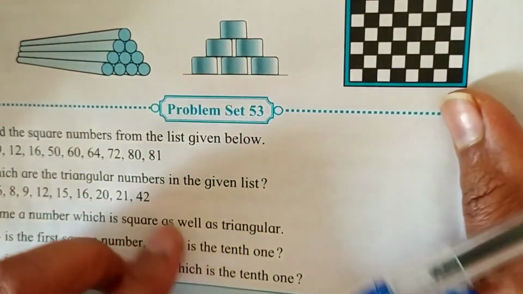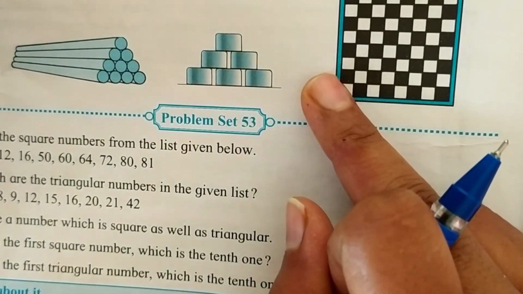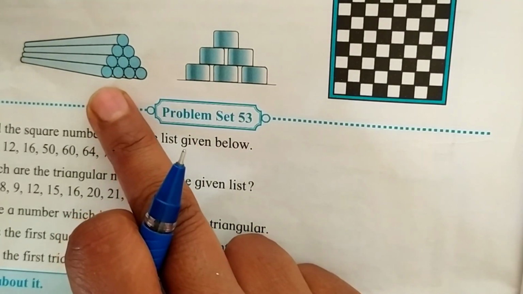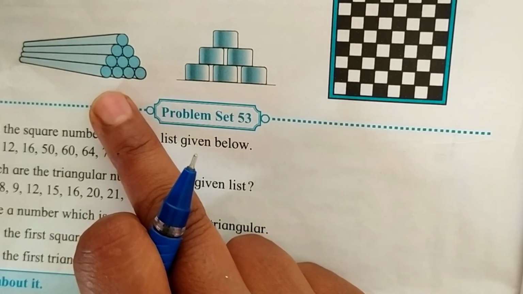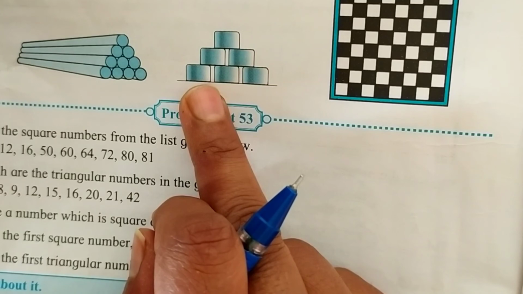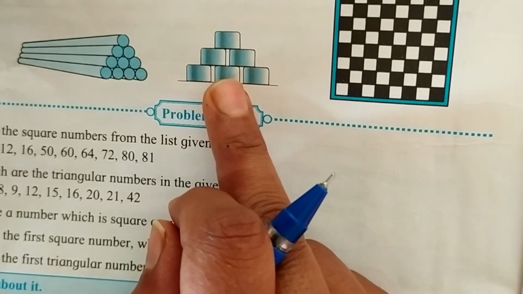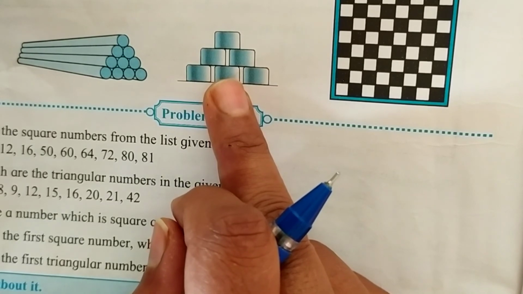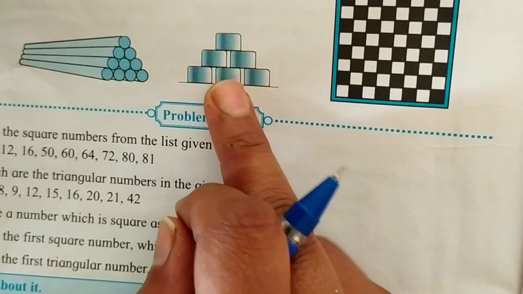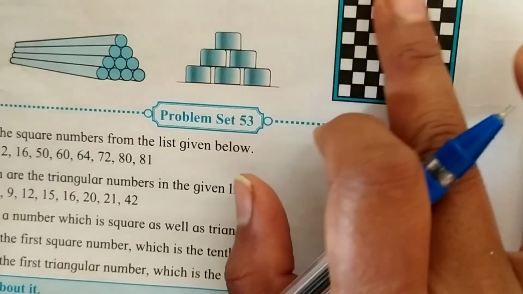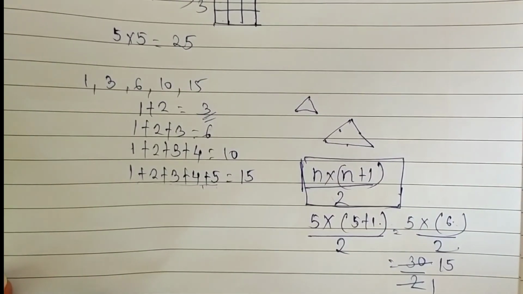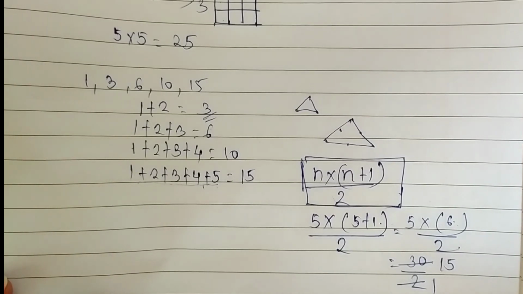Look here, these are the examples of surrounding where we can find the triangular and square numbers. In stacked walls or pipes we can find such type of triangular number. You can see this type of utensils or arrangement in your home also. Your mother does this arrangement in the kitchen. Then on chessboard we can find square numbers. In next video we are going to solve the questions on it.